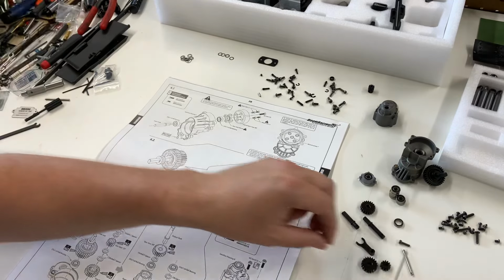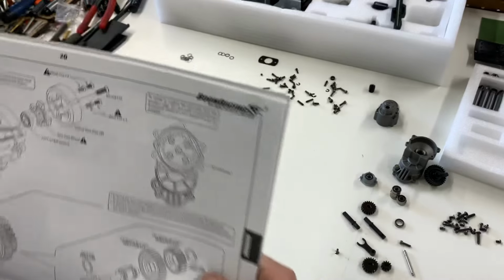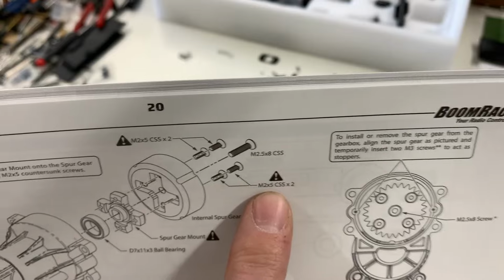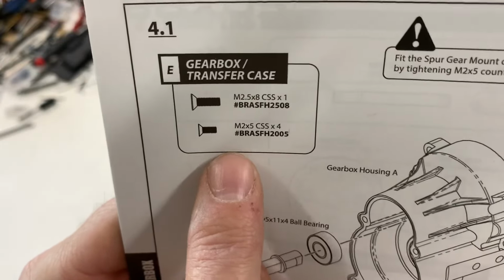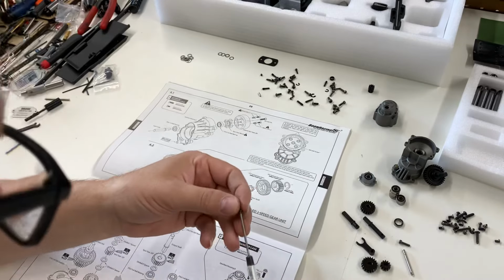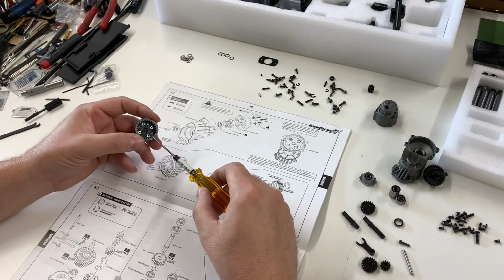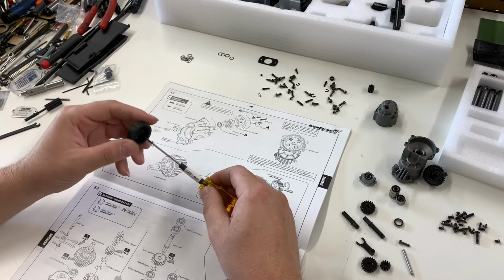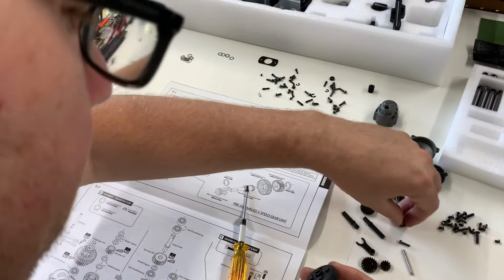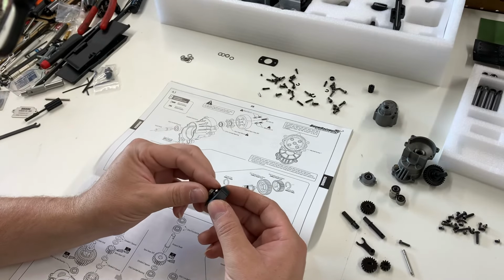Oh, I'm sorry. My bad. So that says 2.5. That says 2. I thought that was 2.5 as well. There you go. My early morning brain here. So it is correct. The other's just actually a 2, not a 2.5. That's the difference there. So you take this, you take the 7 by 11 by 3 bearing, it goes on